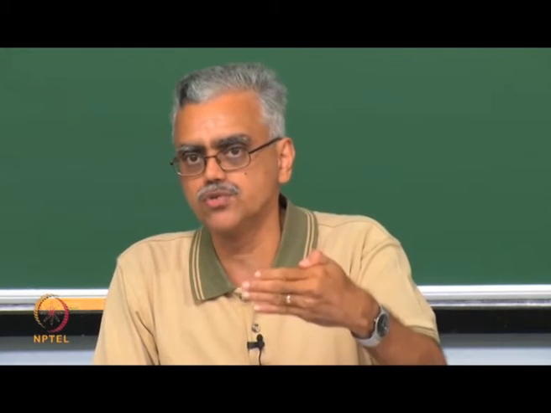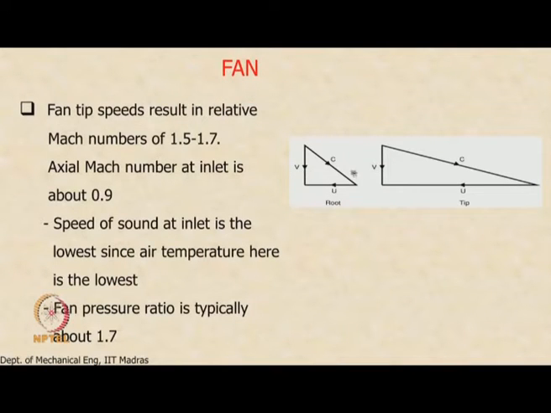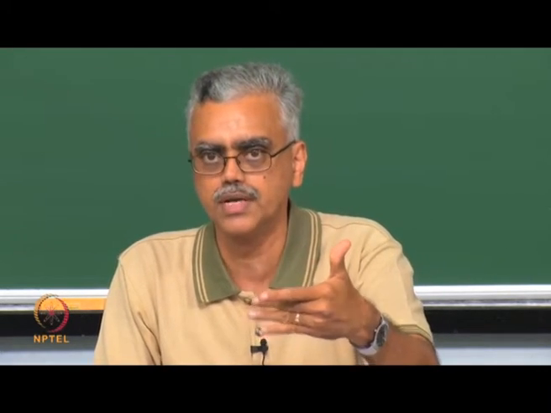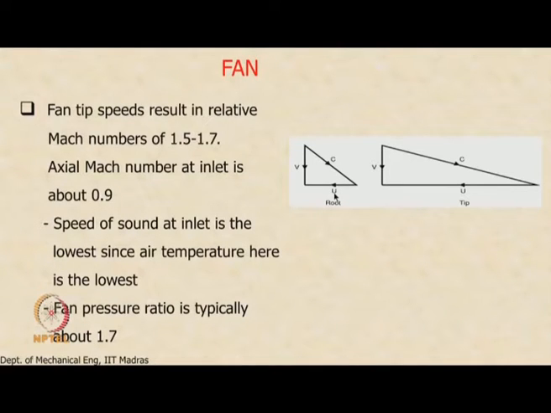The aircraft is still cruising at high subsonic flight Mach numbers, that is this component V. The absolute velocity component V is still subsonic, right? So that is the same at root and tip, because the flight is moving forward at the same speed. Whether it is the root section or tip section, that absolute velocity is the same, and that is subsonic. But because the blade speed varies so much from root to tip, remember this is R omega, this is also R omega, because the tip diameter is so much higher than the root diameter, this increases. So for the same absolute velocity, you can see the relative velocity is very high.